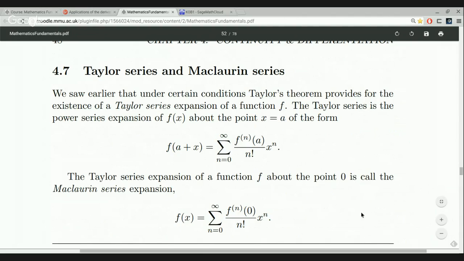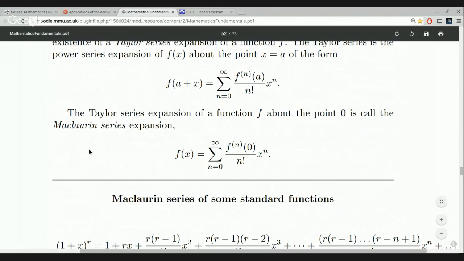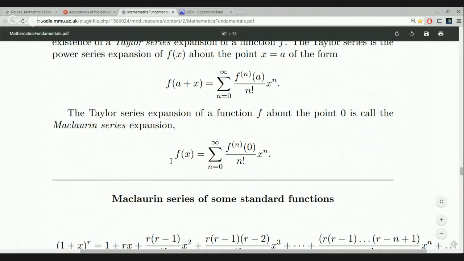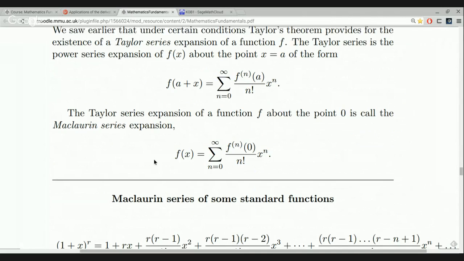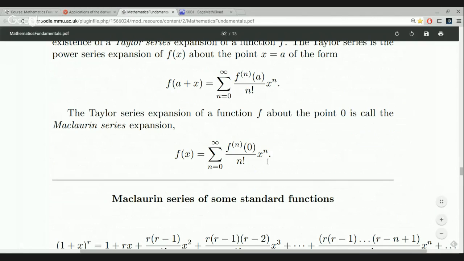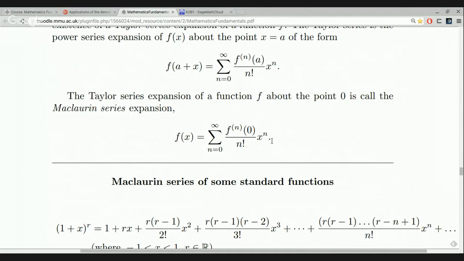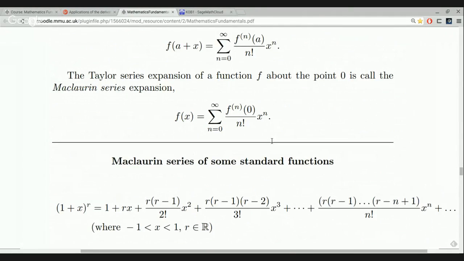The formula simplifies somewhat when you have the base point a equal to 0. Then the left-hand side becomes simply f of x. And the right-hand side is the same as before, except this time the derivatives are being evaluated at the point 0. Now, in the table below that, on page 48, there are some